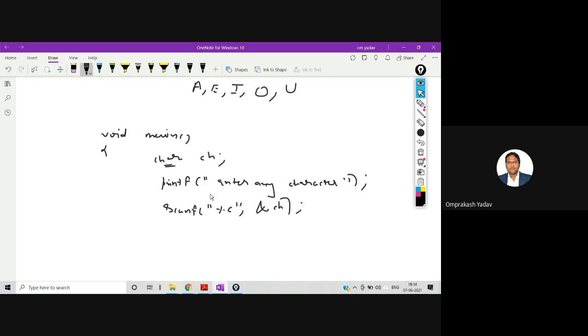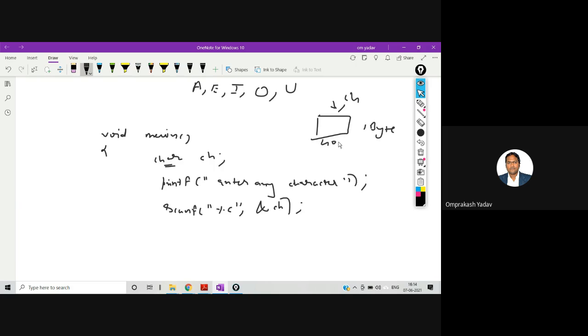When this line is written, it will allocate 1 byte memory space, and we can store 1 byte of data over here, right? And once we say &ch, at the address of ch, the name will be given as ch to this particular memory location.